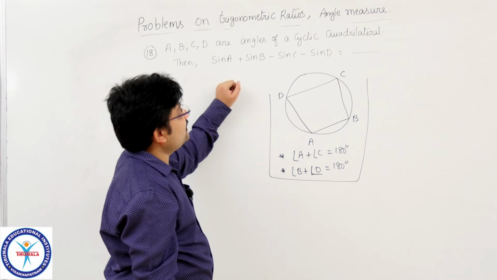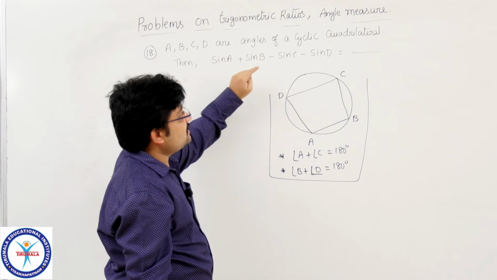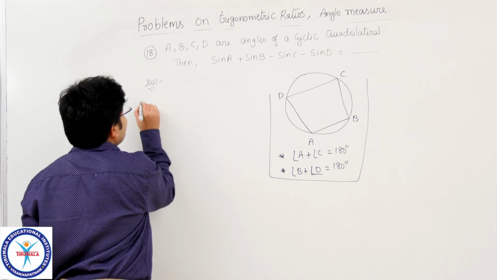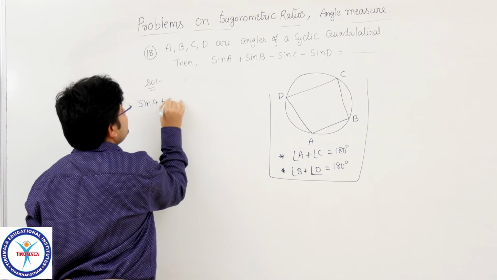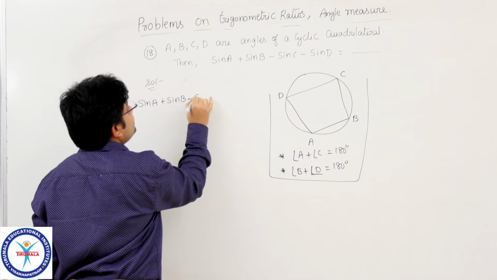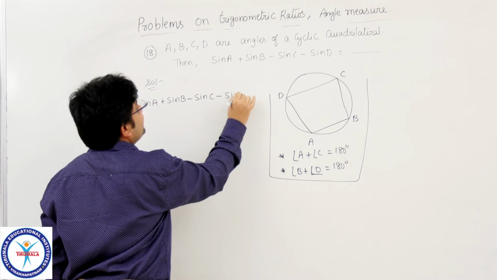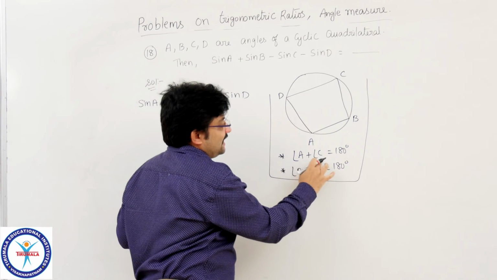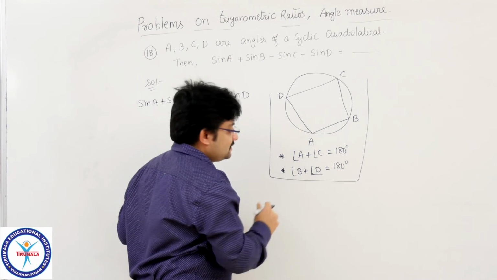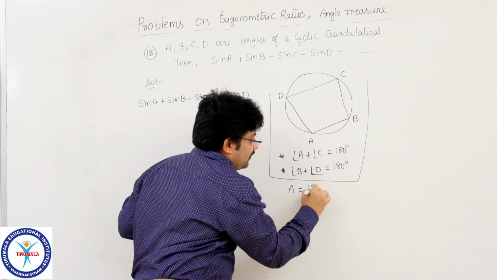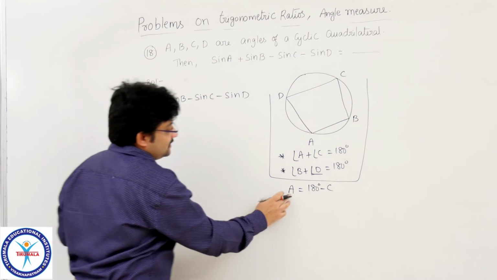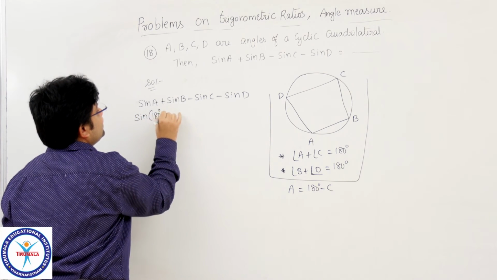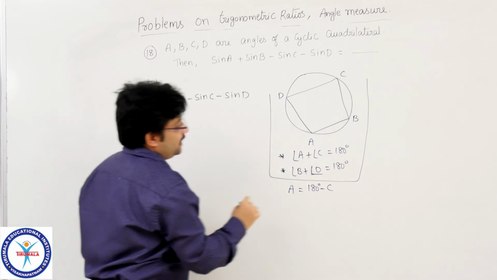Now, it is given that A, B, C, D are angles of a cyclic quadrilateral, and we need to find the value of sin A plus sin B minus sin C minus sin D. Here angle A plus angle C is equal to 180 degrees. From this, A is 180 degrees minus C. In place of A, I am replacing this, sin of 180 degrees minus C plus, similarly here,